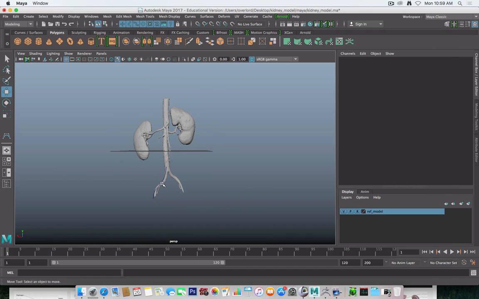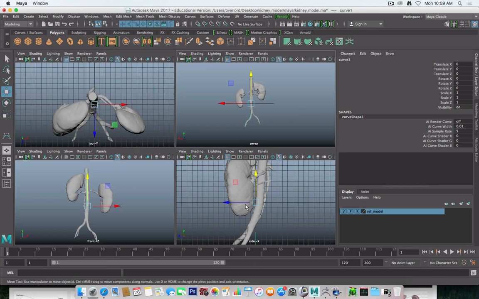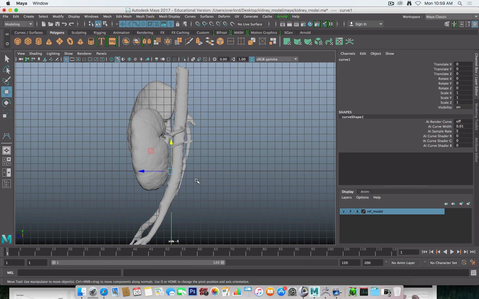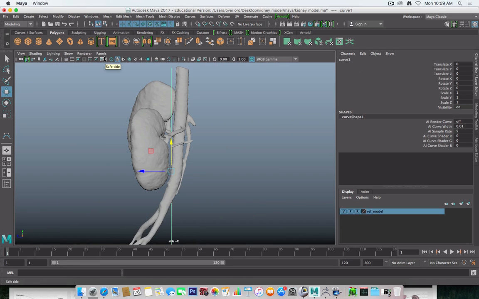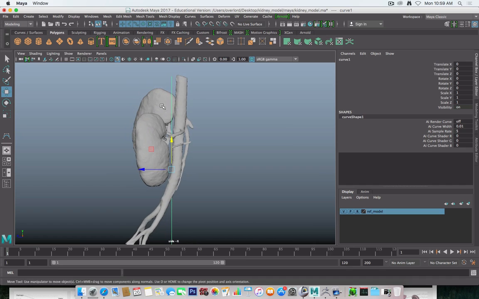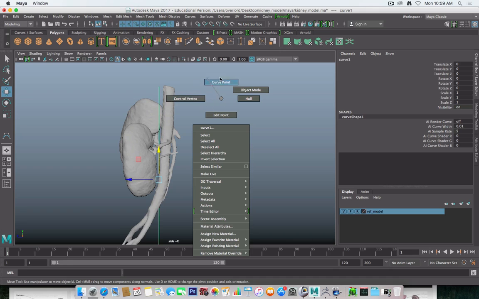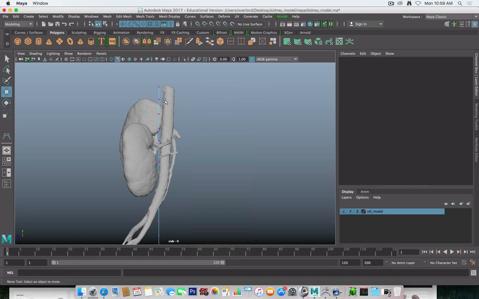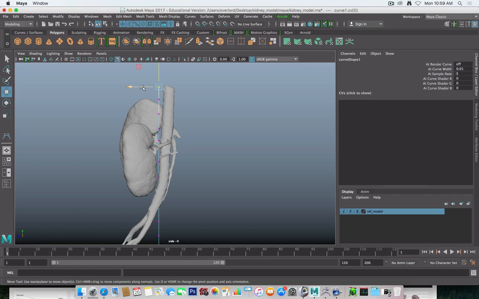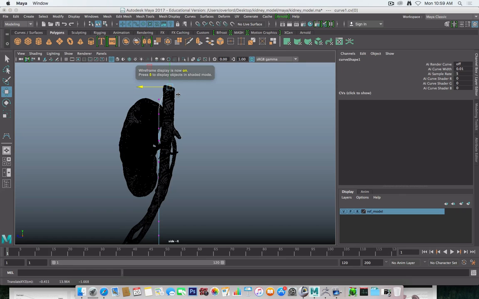Okay, so you can see I've made my curve. It doesn't fit in this view, so now I've got to go in and tweak it. So remember, if you want to edit a curve, you can just select it like you select any other object, and then go into the right mouse button contextual menu and go to Control Vertex. And I can start dragging these into place. Now it might be useful to go into 4 mode,